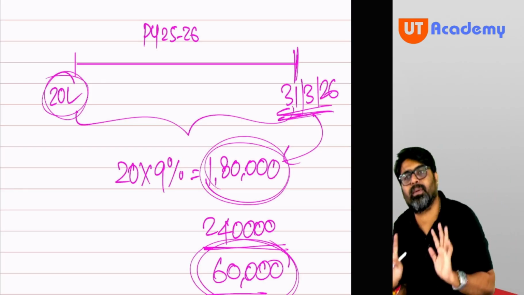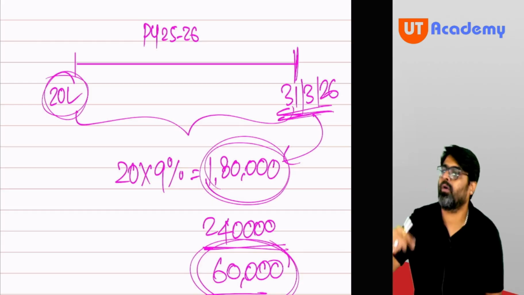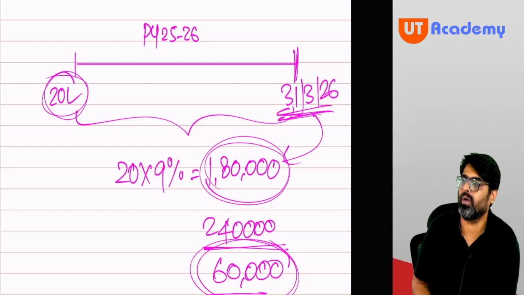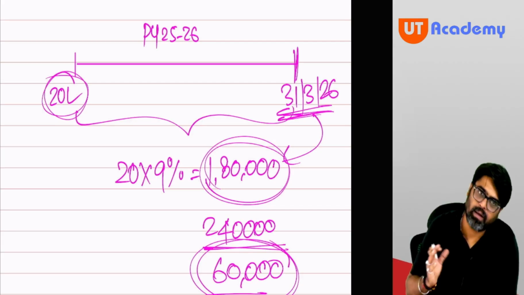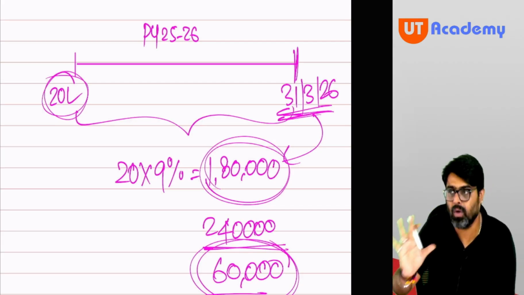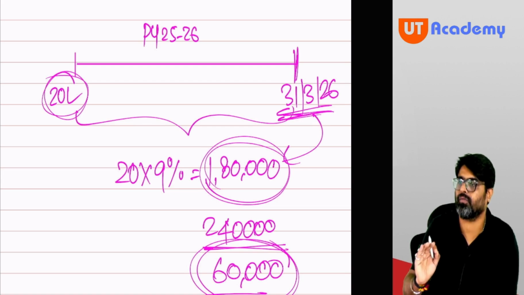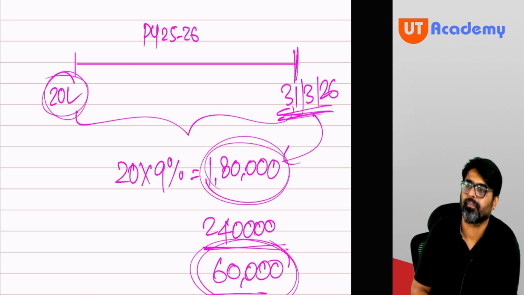Everyone understood this explanation? Sure? Okay, what have you written? Come on, anyone, read it loud. Out of the total payment of 2,40,000 during the previous year 25-26, 1,80,000 is interest. Hence, the balance 60,000 is principal repayment of the housing loan,